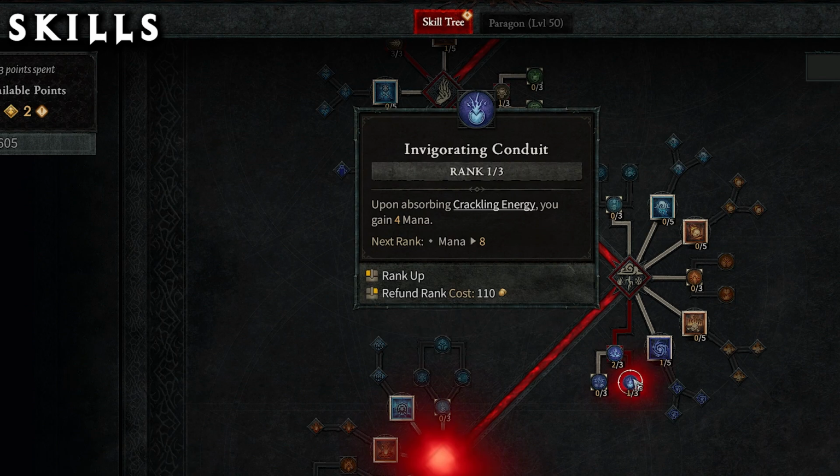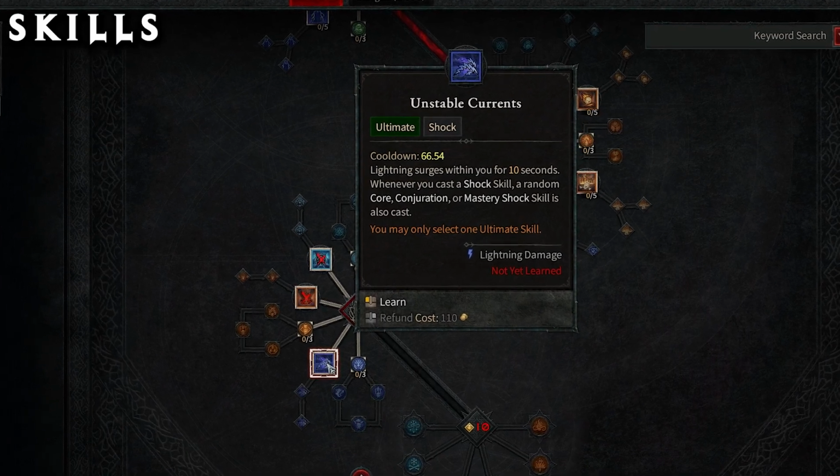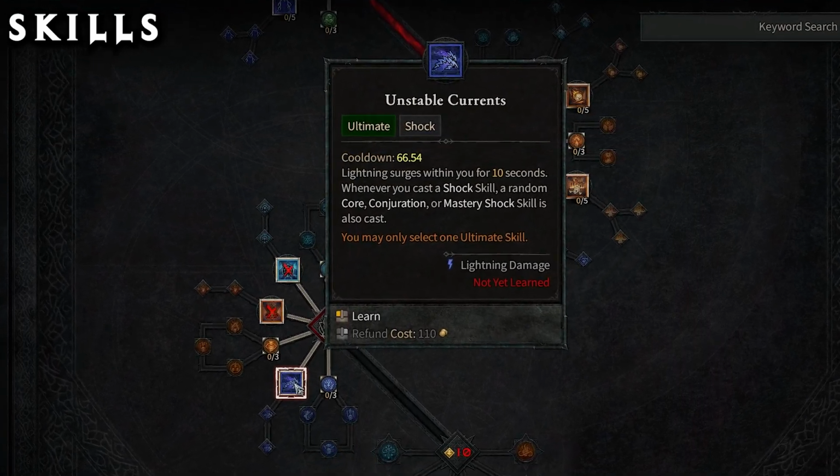Since you don't really have a resource generation like, let's say, Barbarian or Necromancer, you will want to gain a little bit of mana from different kinds of things, and picking up crackling energy is one of these things, specifically if you go for all of these crackling energy generators. And to cap it off, although this is just the beginning of the build, take Unstable Currents